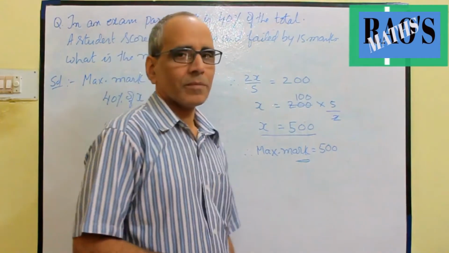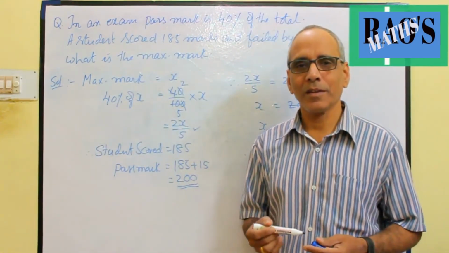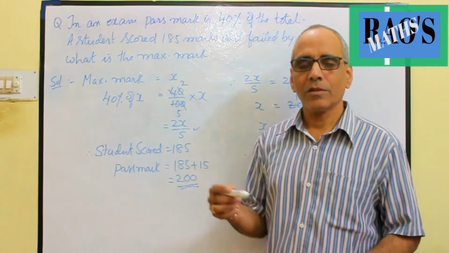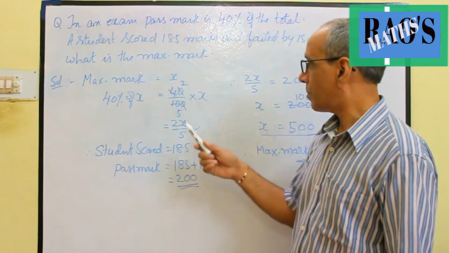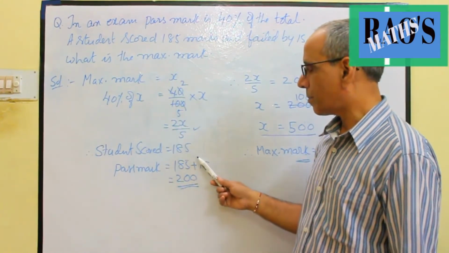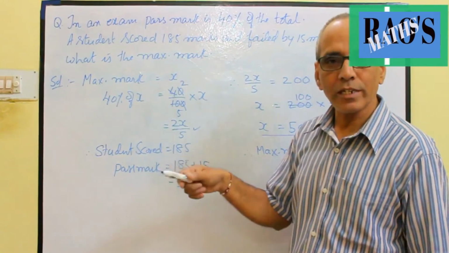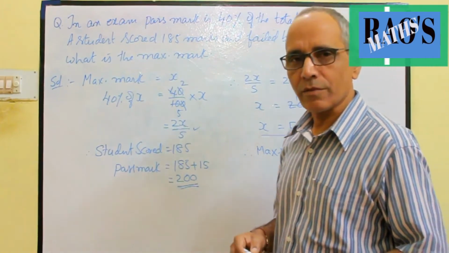Many students do not answer these questions in the examination, observed many times. It's very simple. You take the maximum marks X and find the pass percent in terms of X, and also calculate the marks required for the student to pass. Make them both equal. You reach the X value.